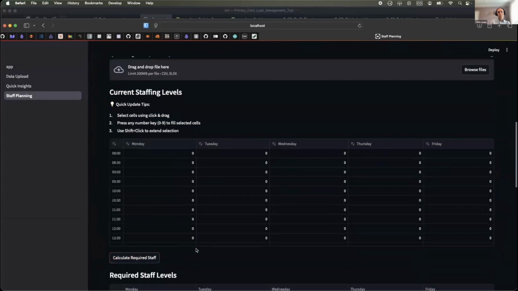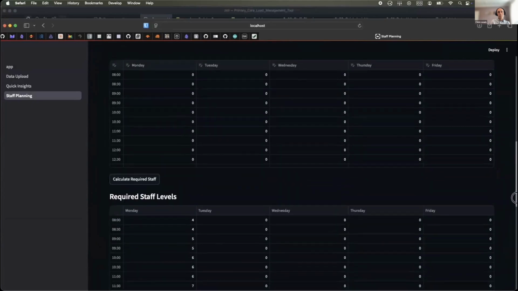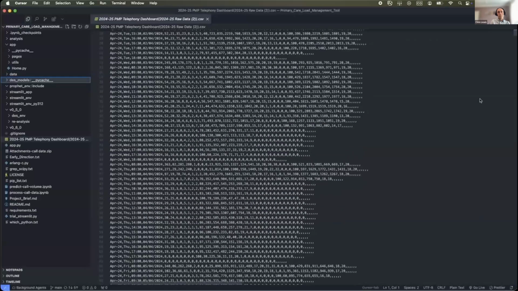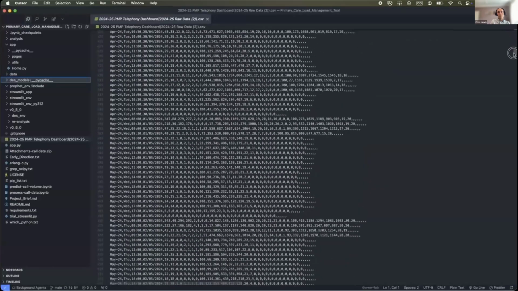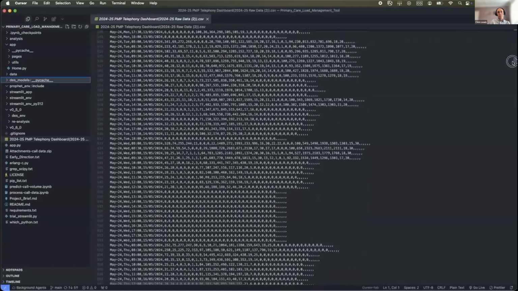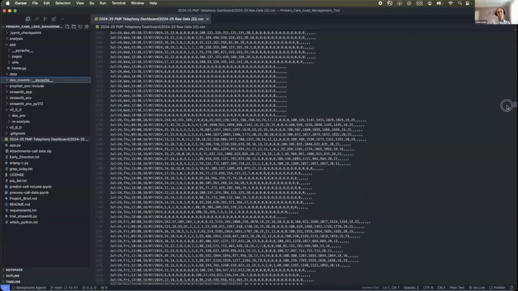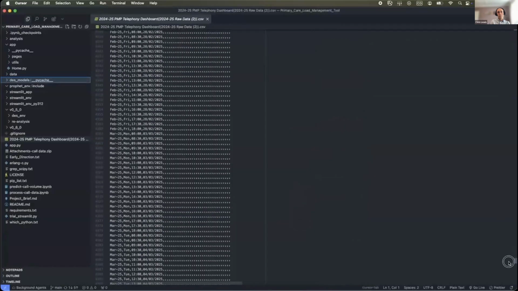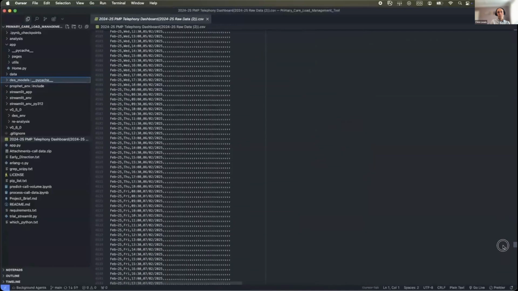We've been playing with 4 weeks so far. Now let's get the whole lot. Here you can see a list of data. Commas at the end indicate empty columns, and commas at the bottom here indicate empty rows.